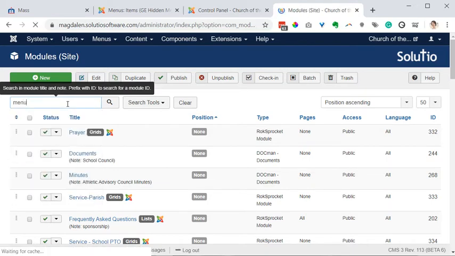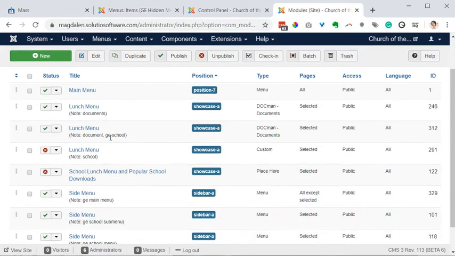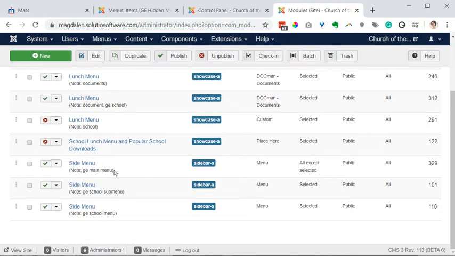So it's likely there's a side menu for every menu set. And because there's lunch menu, some things to be concerned about. So see that there's a side menu for the GE main menu. There's a side menu for the GE school submenu. And then there's a side menu for the GE school menu. So I think GE school submenu is probably where all the teacher menu items are at. So